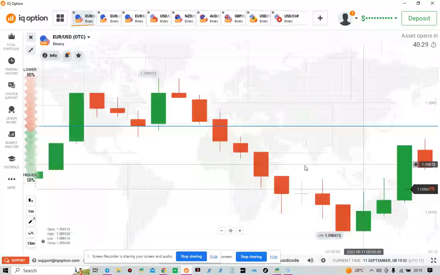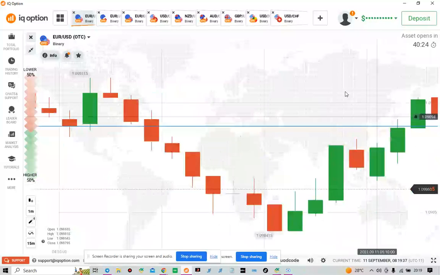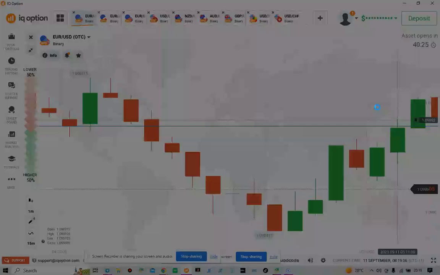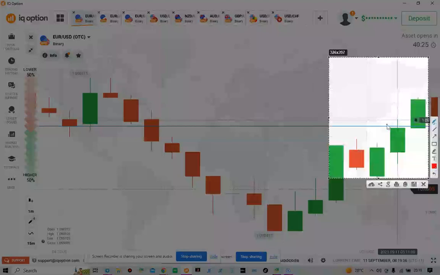Okay, let's check it. Let's see. Okay, here we have a rejection, but the next candle did not reverse. Do you know why the next candle did not reverse? Because the market is likely to maintain this area here